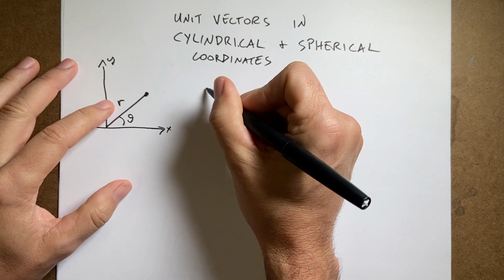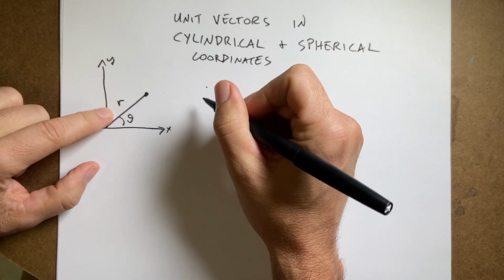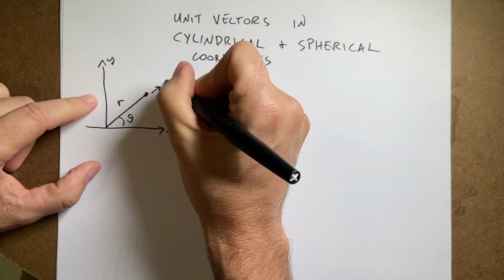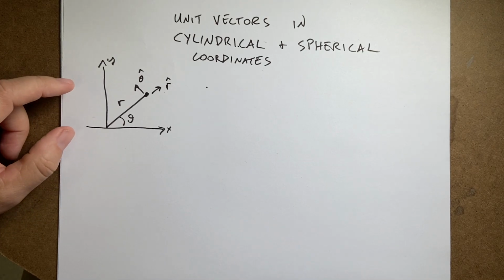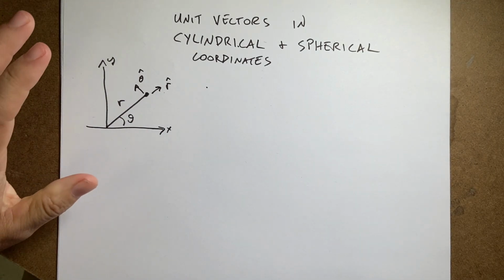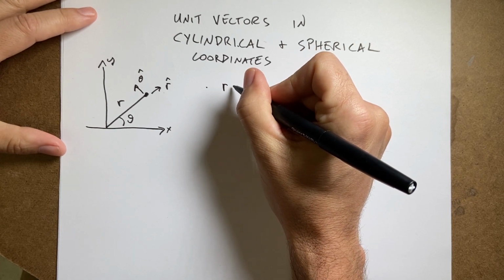So my vector r, let's just write this. I want to write the unit vectors, this would be r hat, and this would be theta hat, in terms of the Cartesian coordinates so that I can take derivatives, and then have z hat too. So let me first start with this. r equals,